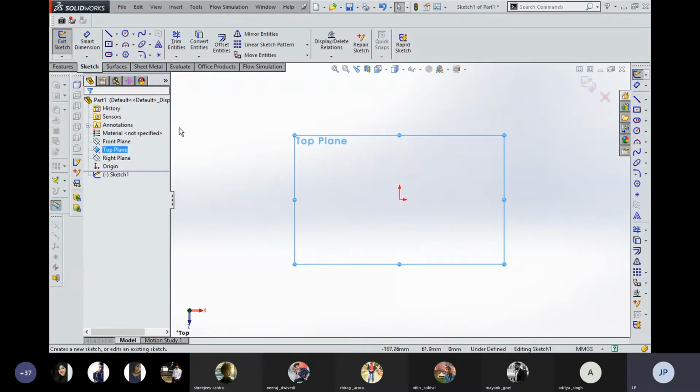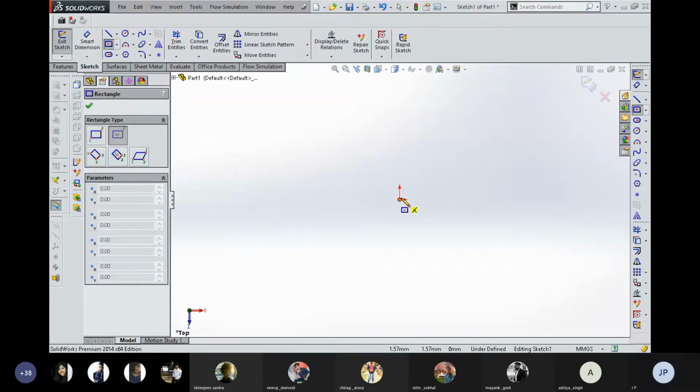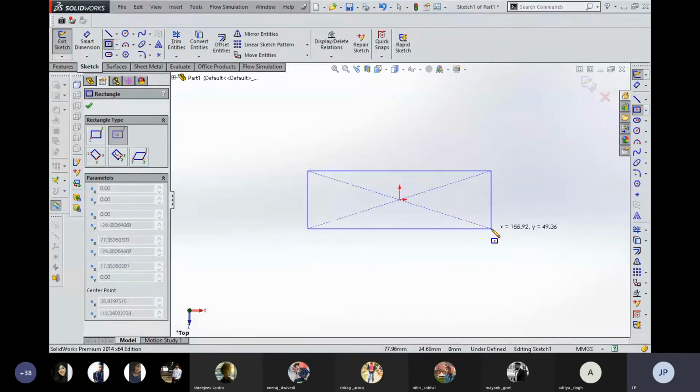For creating a part on any plane, you just right click on that plane and then select this icon. Right now its sketch module is activated because we already got inside this sketch. So this is the method by which you can create a sketch. Right now we are going to take center rectangle, then click the center point and drag your mouse freely without pressing the left or right button.